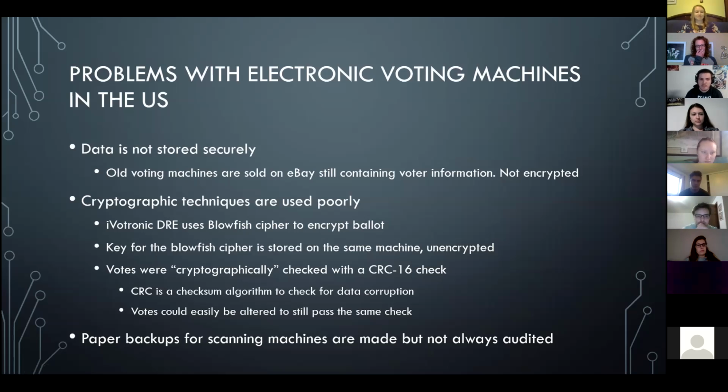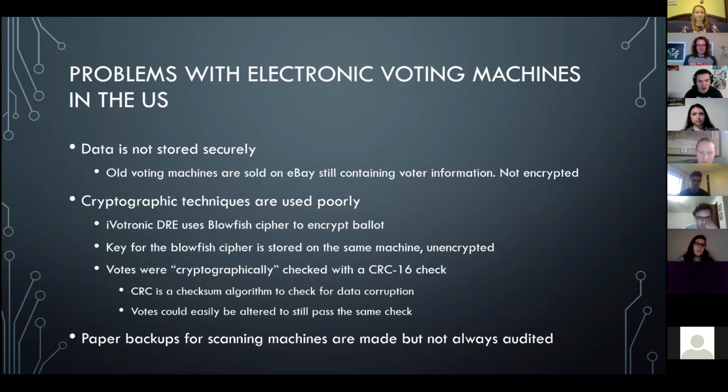A reporter was able to buy a machine on eBay for $100 that contained voter information and the votes themselves. $100, and there are multiple of them on eBay. So some of them are not even secured, and the ones that are, they just don't do a good job of it. From the Everest report 2007, they were going over a bunch of machines, and one of them was